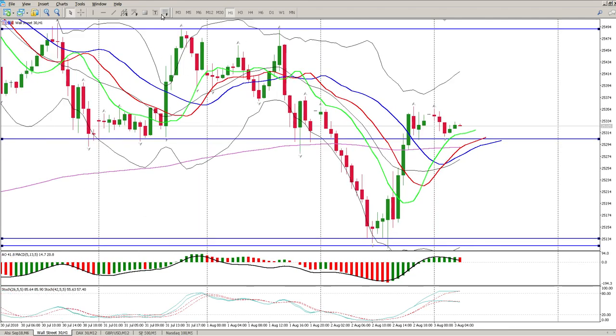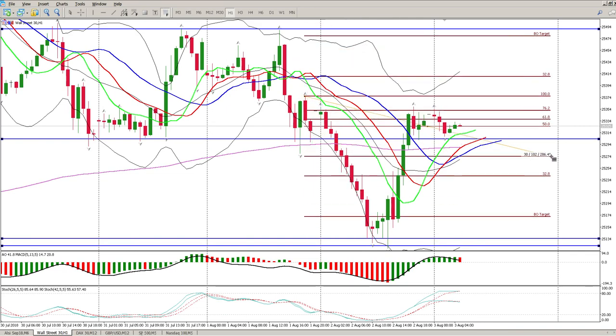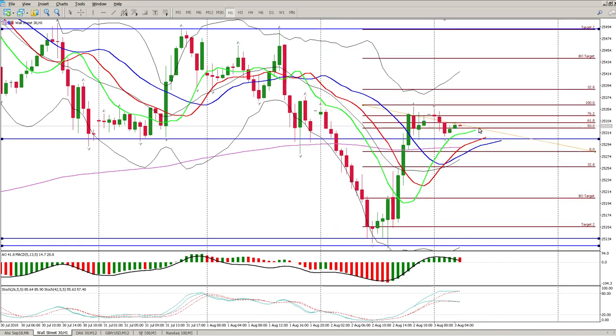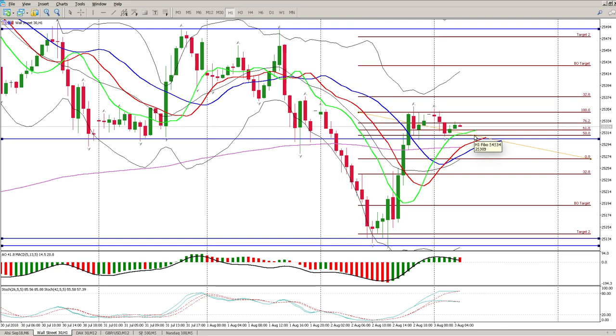Okay, let's just set up everything for today, and you can see how the breakout target and target number 2 was tagged on the move to the downside, and then immediately you could see where the buyers were stepping in, and it was getting a bit volatile. And correction sequences always take a couple of hours, and that's exactly what happened here. And if we just move across to this level here,